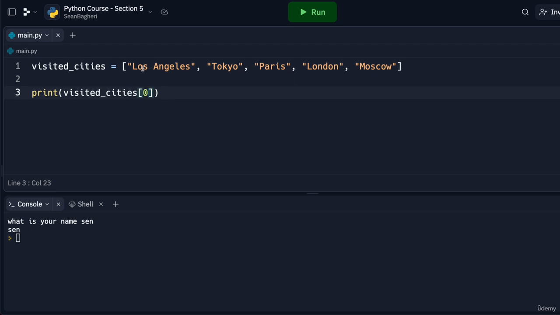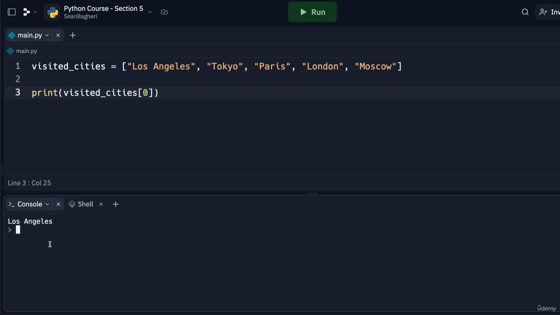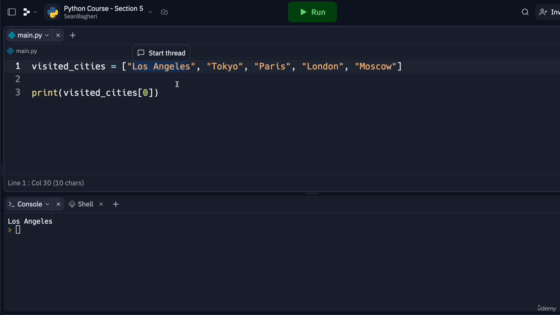So if I want to refer to LA, Los Angeles, I'm going to put 0 in the bracket, and this is just going to display Los Angeles. Take a look. There you go. See, we just referred to this portion of this data in this list that we just created. How awesome is that? This is going to make your life a lot easier,